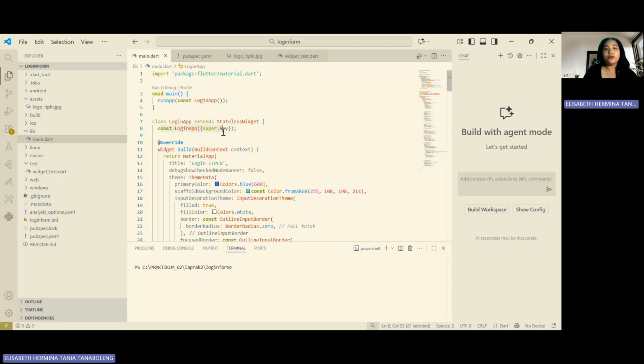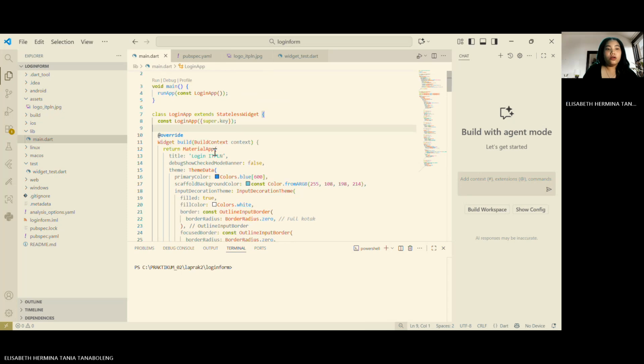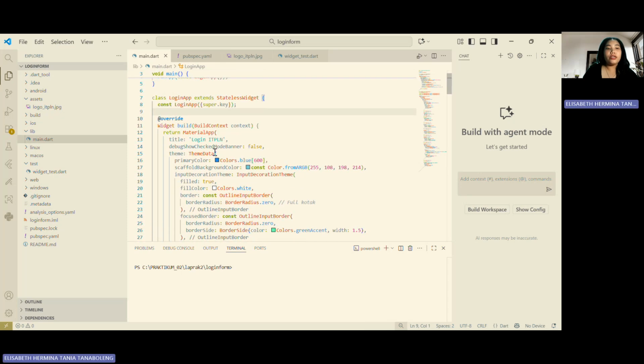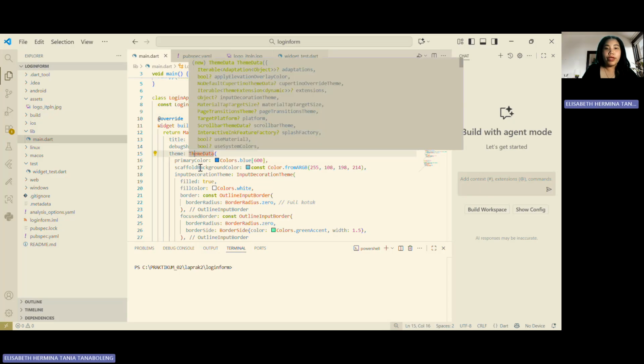The LoginApp class itself is a derivative of StatelessWidget and serves as the application's main framework. Within it, the MaterialApp widget is used to set the application's title, theme, and interface appearance.